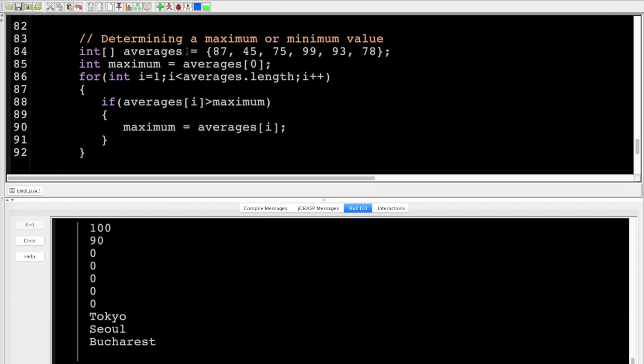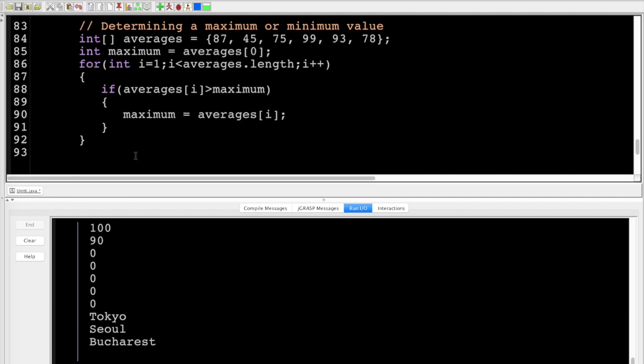Does that make sense? So we assume that 87 is our highest. Then we start at 45. Is 45 greater than 87? Nope. Come back. Is 75 greater than 87? Nope. Is 99 greater than 87? Yes, it is. So we say, okay, the new maximum is now 99. So we run through the whole loop. We do have to check them all. Then we can do